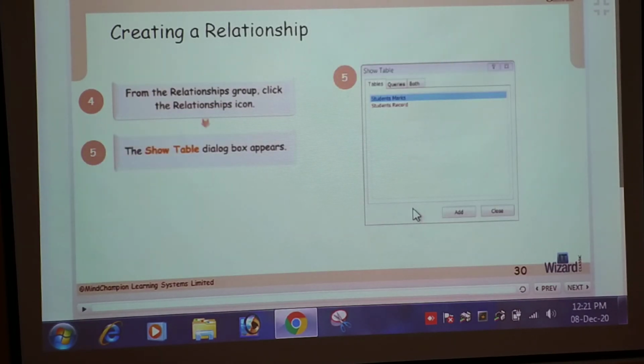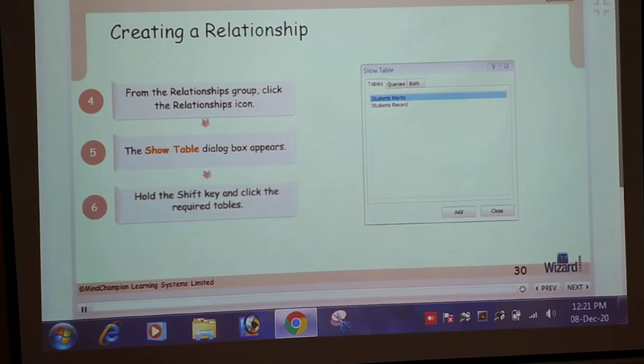Then this type of Show Table dialog box appears, showing Student Marks and Student Record. Then hold the Shift key and click the required tables.